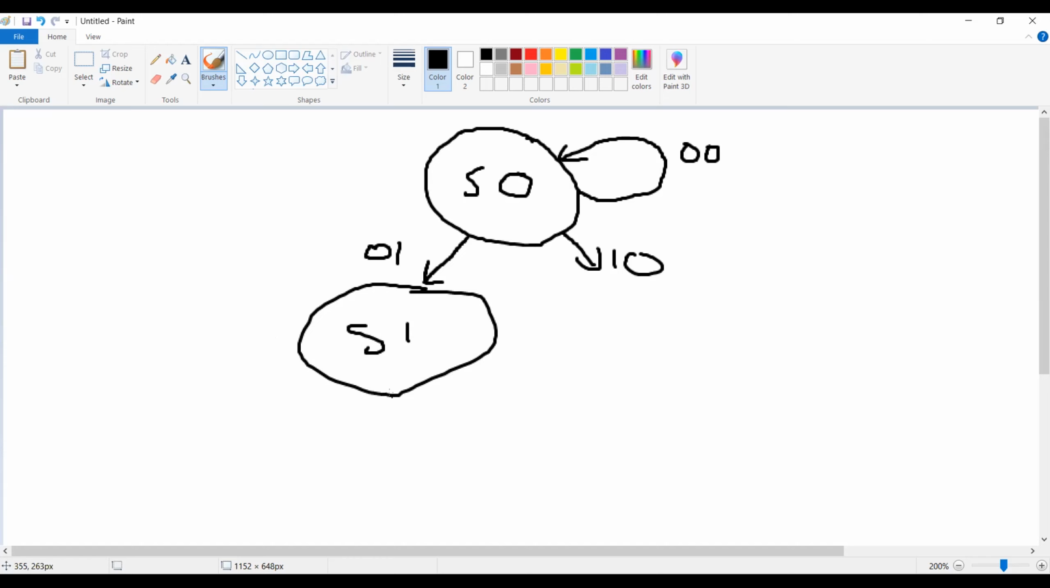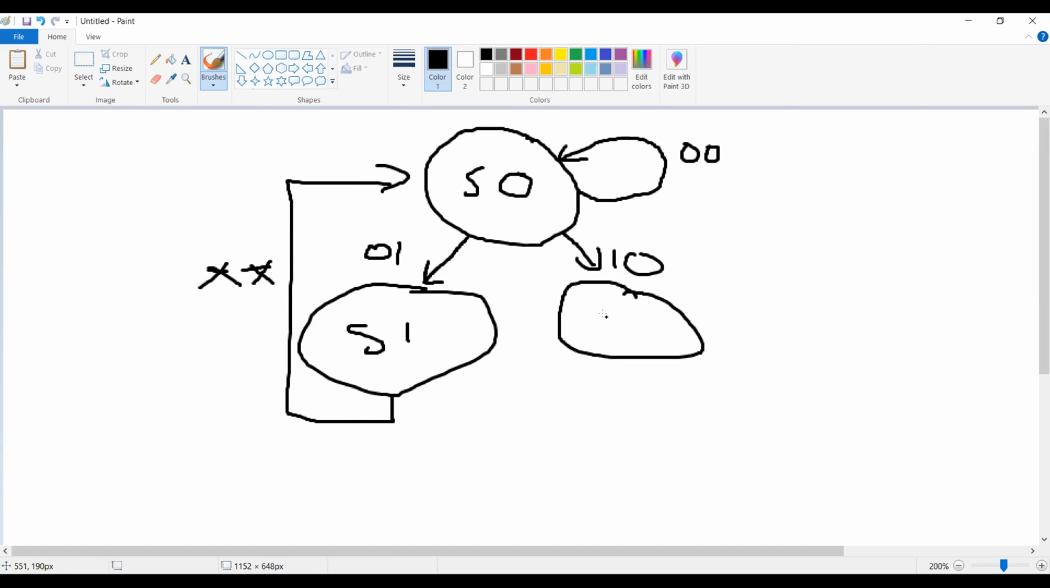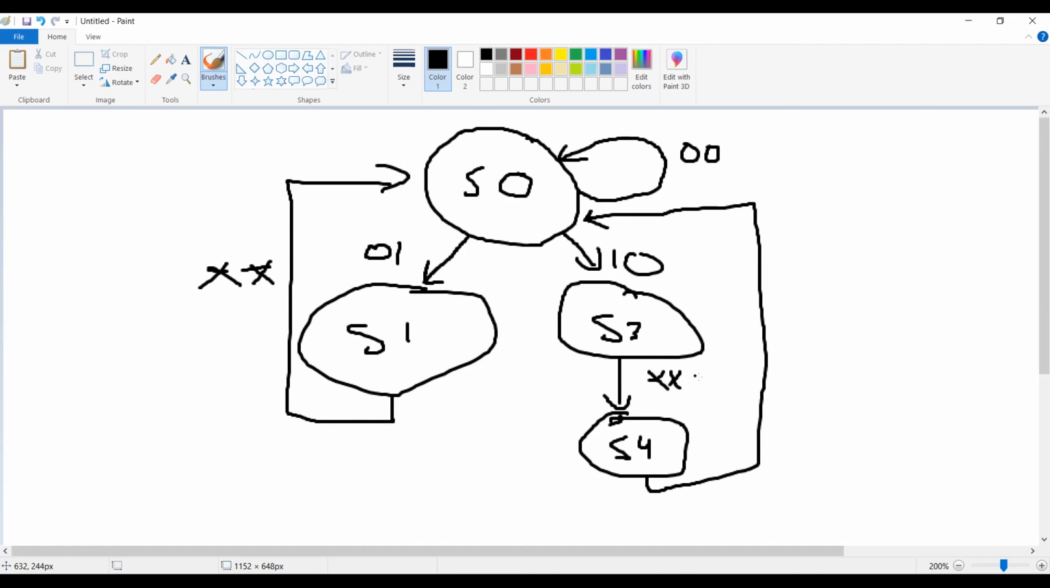This one will always go back to state 0. Yes. Or I guess we use X's, right? Yes, dashes. Correct. This one will go over here to S3, which will always lead to S4, which will also go, not a great drawing, but